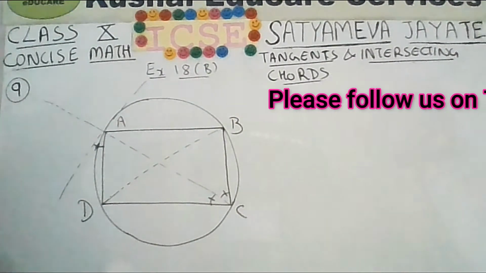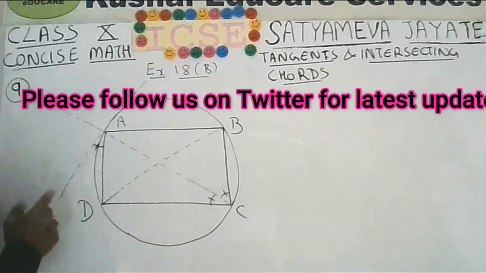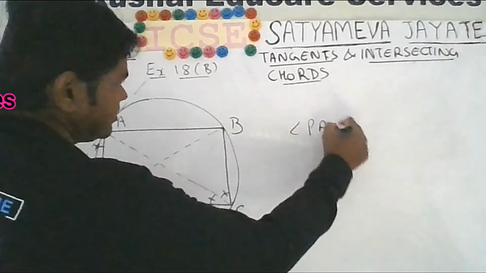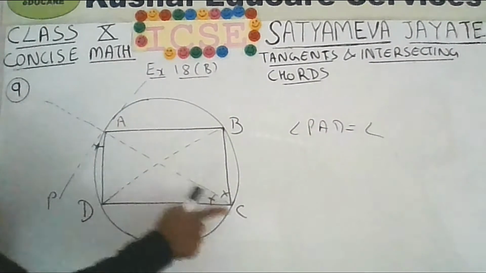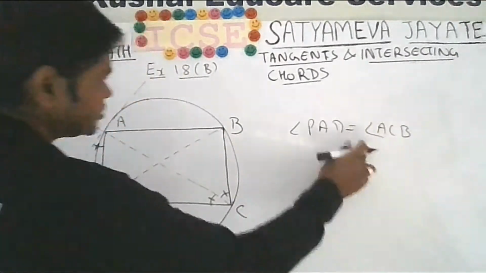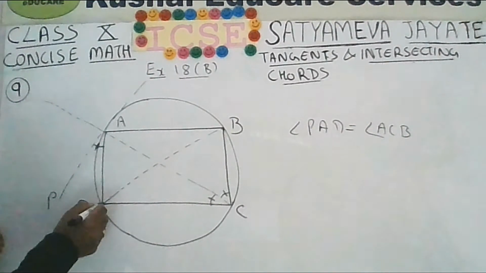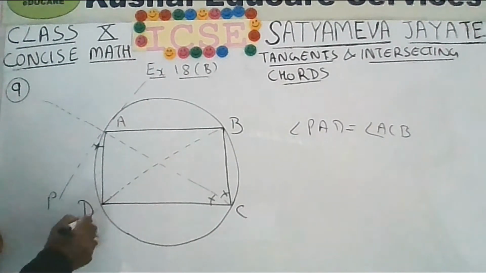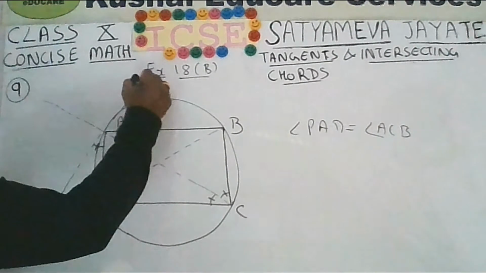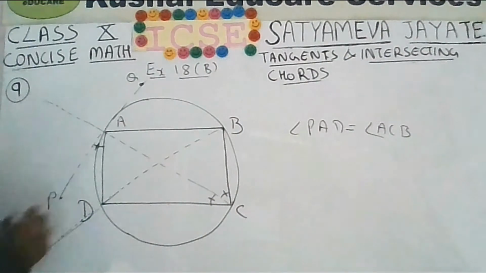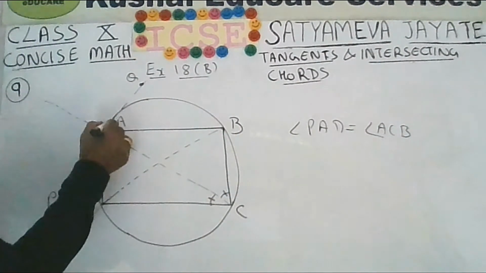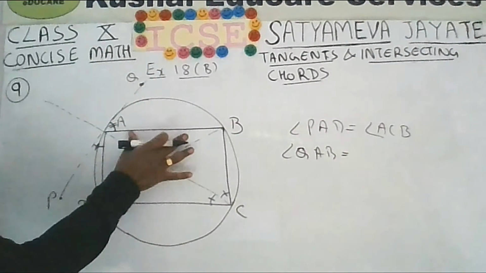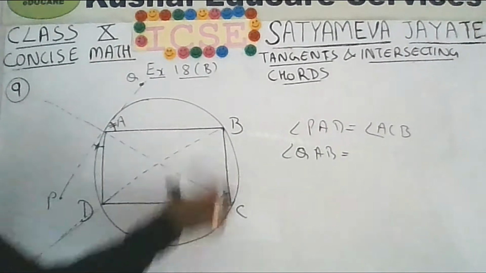Okay. That means that if this is point P, angle PAD will be equal to the angle ACB. We have to prove that BD and the tangent at PA are parallel to each other. Okay. So I am extending the diagonal BD like this. Let me label this point Q. So now you can also say that if AB is the chord, then this angle QAB, arc and chord AB, they are subtending an angle here, ACB.